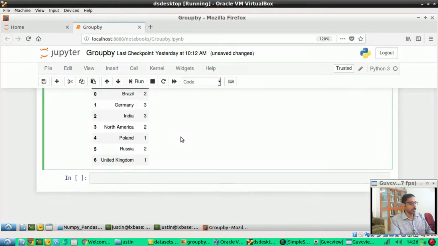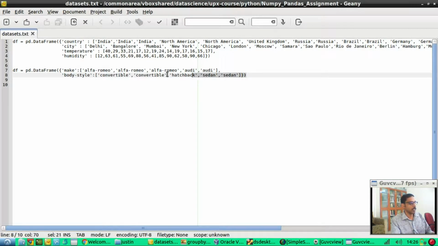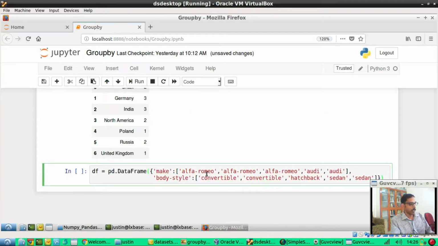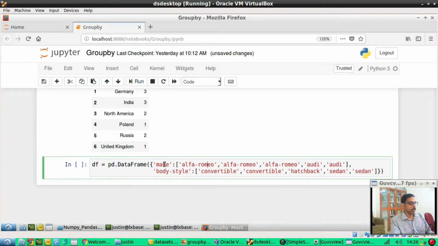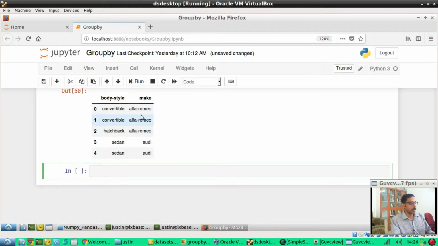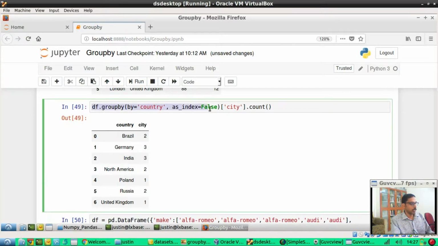Suppose you have used all the columns in the group by clause, then the count doesn't function much like this. So I have another data set. Let me load that as well. I'm loading another data set, a smaller one. In this case, it has got a make and body style. These are data about vehicles, cars. So let me just print it out. Okay, so it says Alfa Romeo has got 2 convertible models and 1 hatchback, and Audi has got 2 sedans. So if I want to do the same count here,